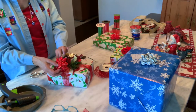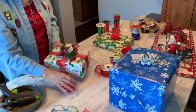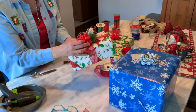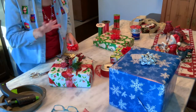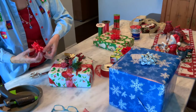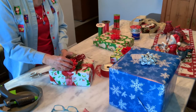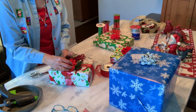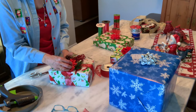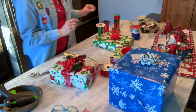So I thought about adding a bow in here because I wanted to cover up this area that kind of shows some of the mechanics of how this pick was put together. So what I'm going to do is actually place this here kind of on the side, and I'm going to use hot glue again for this. And I'm going to have it sort of tilted up and placed into this pick to give it just a little more jazziness, you know, a little more bright red and gold colors. All right, so